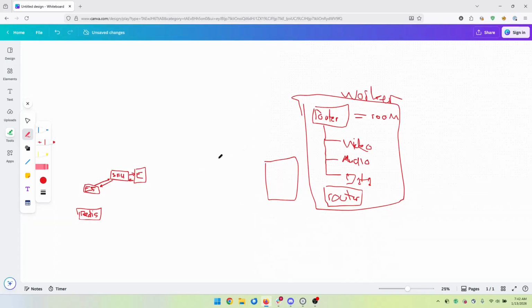And a client PC will connect to the router and say that I want to produce video and audio, and I want to consume data. So it sends video and audio and it consumes data, and another PC connects,